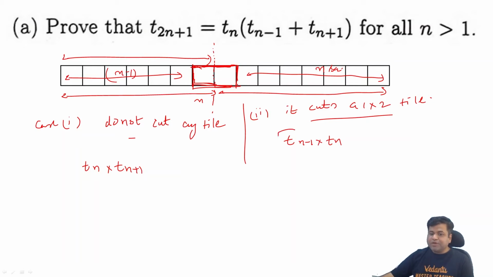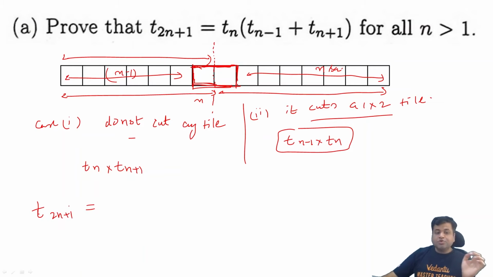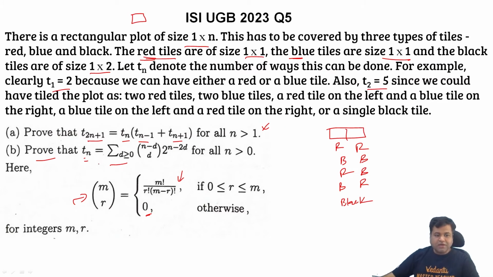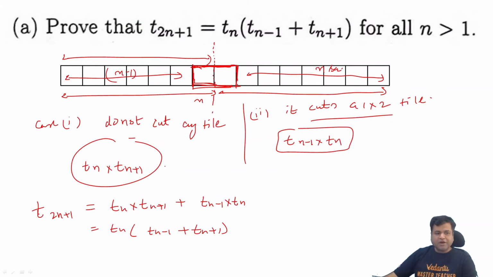Tn. So this will be number of ways in which we can tile the entire grid when a dotted line, or you can say this line is cutting a 1 by 2 tile. So total number of ways which is T2n plus 1, है ना। जो 2n plus 1 ग्रिड को टाइल करने के होंगे वो केस 1 या फिर केस 2, दैट मींस Tn multiplied by Tn plus 1 या फिर Tn minus 1 multiplied by Tn, or you can say let's take Tn common, this will become Tn minus 1 plus Tn plus 1, ठीक है। This is what we need to prove in first part, ठीक है। फर्स्ट पार्ट में हमें यही काइंड ऑफ प्रूव करना था, राइट। This is this recurrence relation T2n plus 1 that is equal to Tn into Tn minus 1 plus Tn, ठीक है। तो ये हमारा फर्स्ट पार्ट हो जाता है।